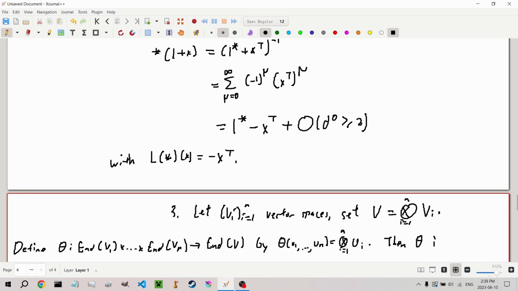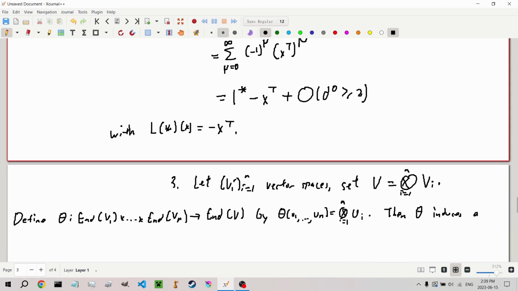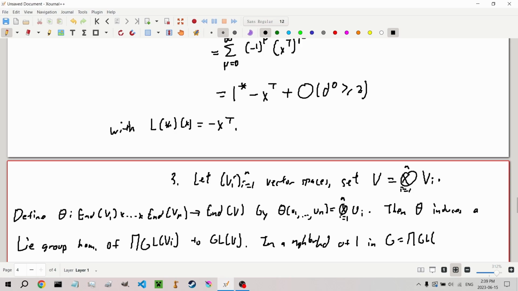Then theta induces a Lie group homomorphism of the product of all our general linear Lie groups to GL of V, and in a neighborhood of 1 in G, being, of course, the product of our GLVIs, we have